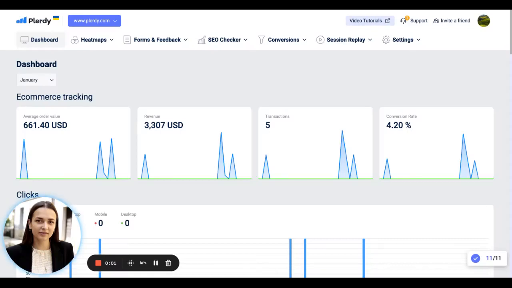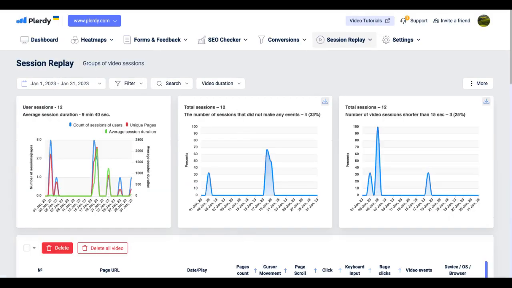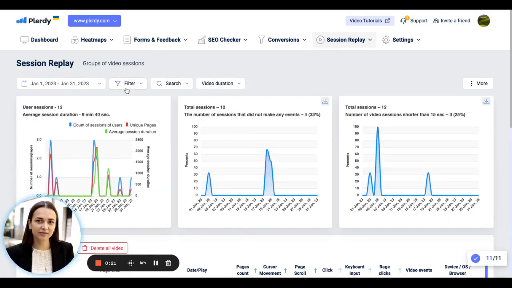In this video, you will learn how to filter data for session replays. You should already know what session replays are, how to set them up, and analyze them. In order to make the analysis more effective and easier, it is good to use different filters. When you go to the session replay list of video sessions, you will see a few options for filtering your